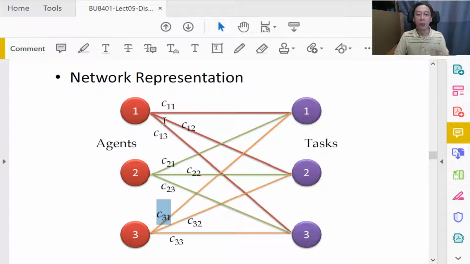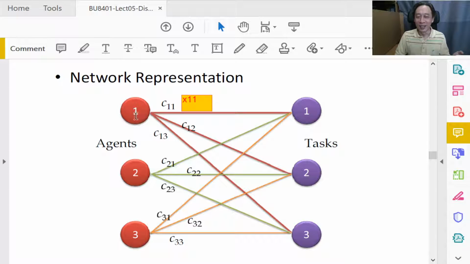So at the end of the day, we should have a pairing. That is, 1 is to be paired with 2, 2 is to be paired with 3, 3 is to be paired with 1, or some other combination. So the question is how. The how part can be translated into an LP model by having, for example, the question not on quantity, but whether I should or should not